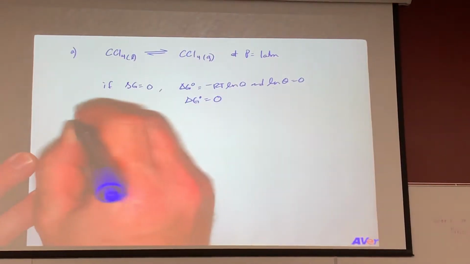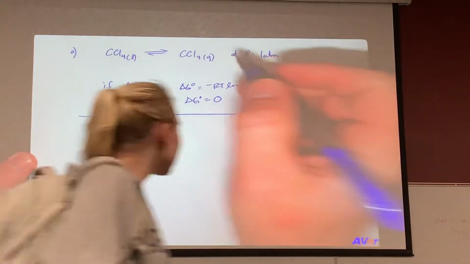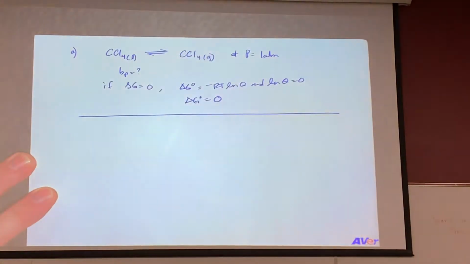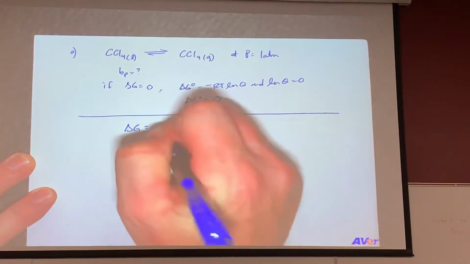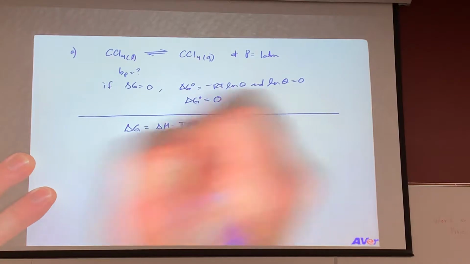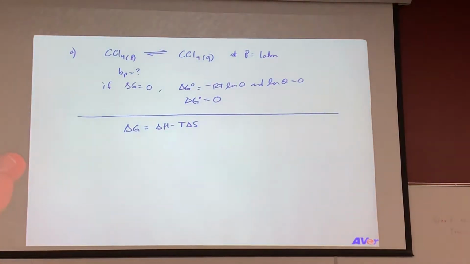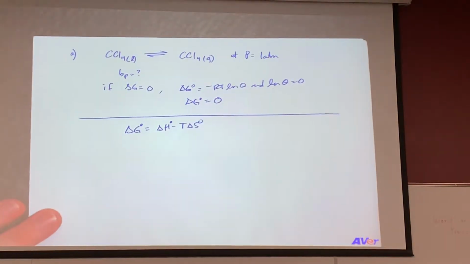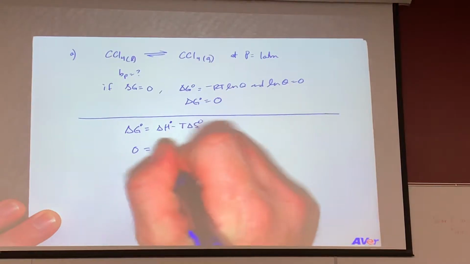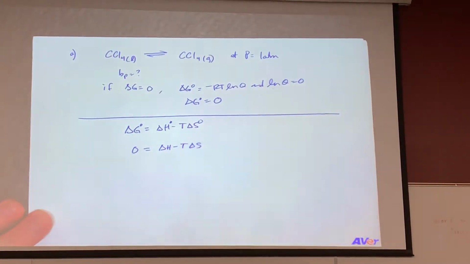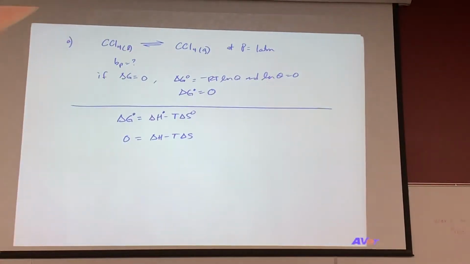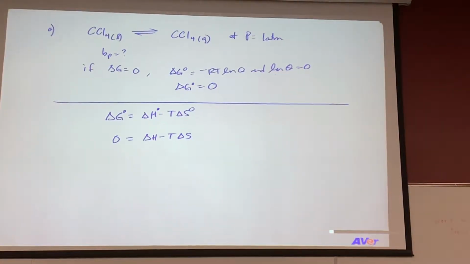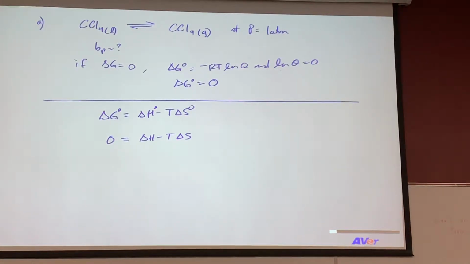Then, you're trying to figure out boiling point, what is it? You got this other equation. And if delta G is equal to 0, then you have this thing, 0 equals... okay. And then finally, you can rearrange this thing to be